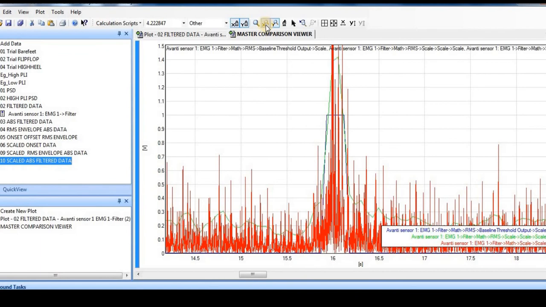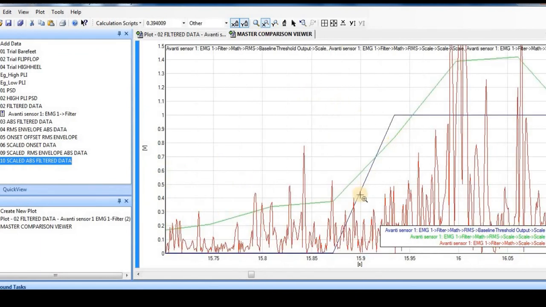If I give you a better view of these 3 lines, let me just see now. You can see that this blue line is the onset period, this green line is the envelope, you can see this is the peak of the envelope, and these red ones are the rectified signals that we rectified from the filtered signals of EMG data series.